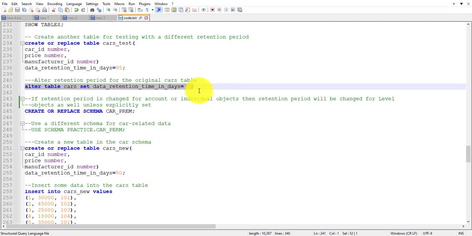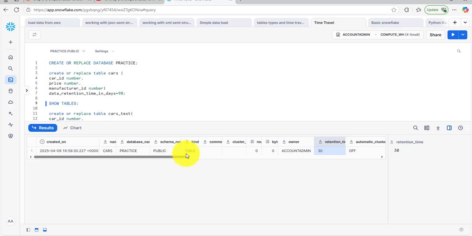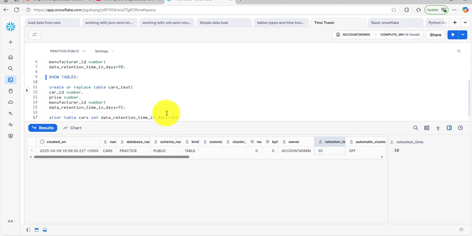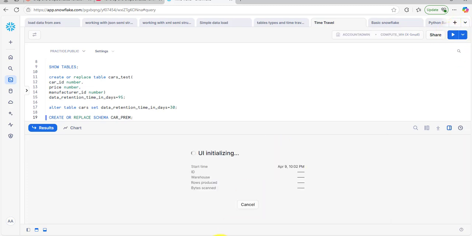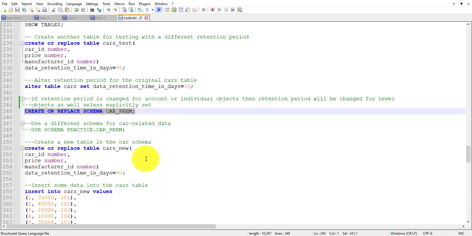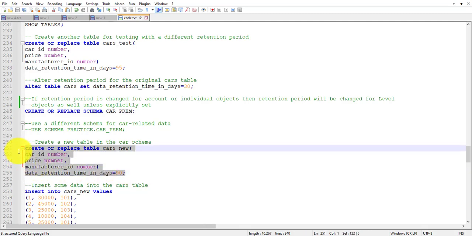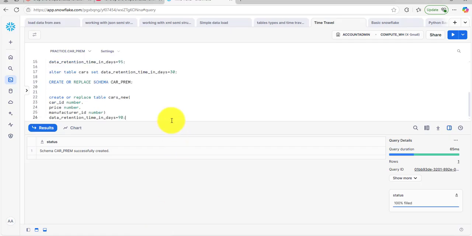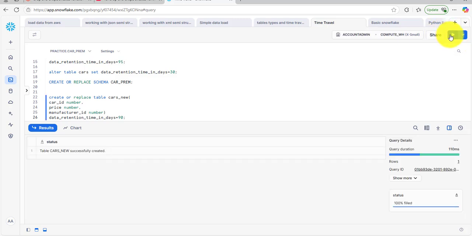Now I am creating a schema, car prim. Now I am creating another table named car underscore new with retention days 90.